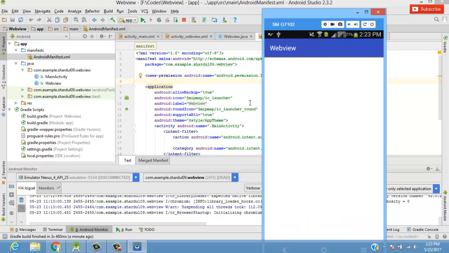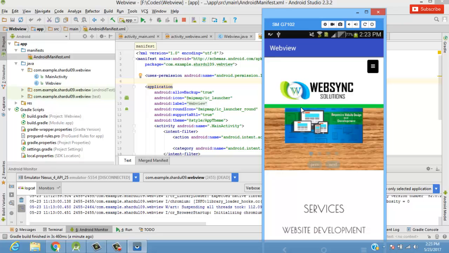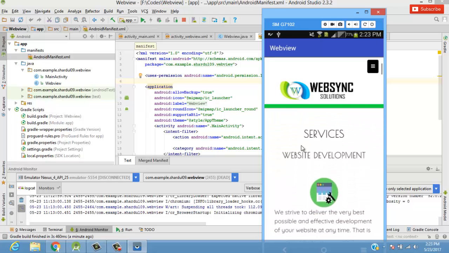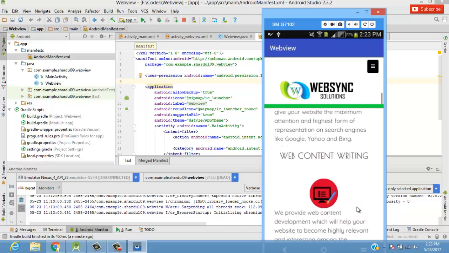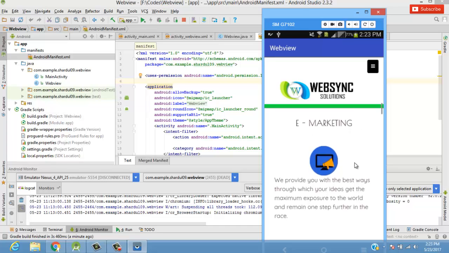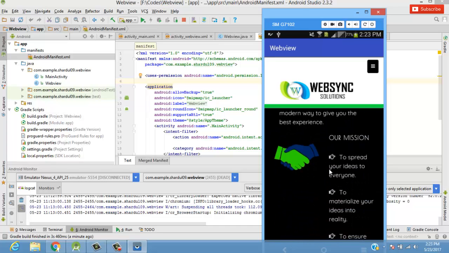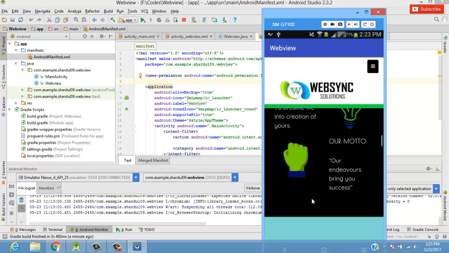So it should redirect, according to the code, it should redirect to Webview, and you can see it over here. The website has been launched on our webview.java file. So see, this is the website, WebSync Solutions, and scrollable as overlay. Overlay means on the website the scroll bar must be seen. So this is how it works. So your whole website just in your app within just a few minutes of coding. Yeah, so that's the magic of